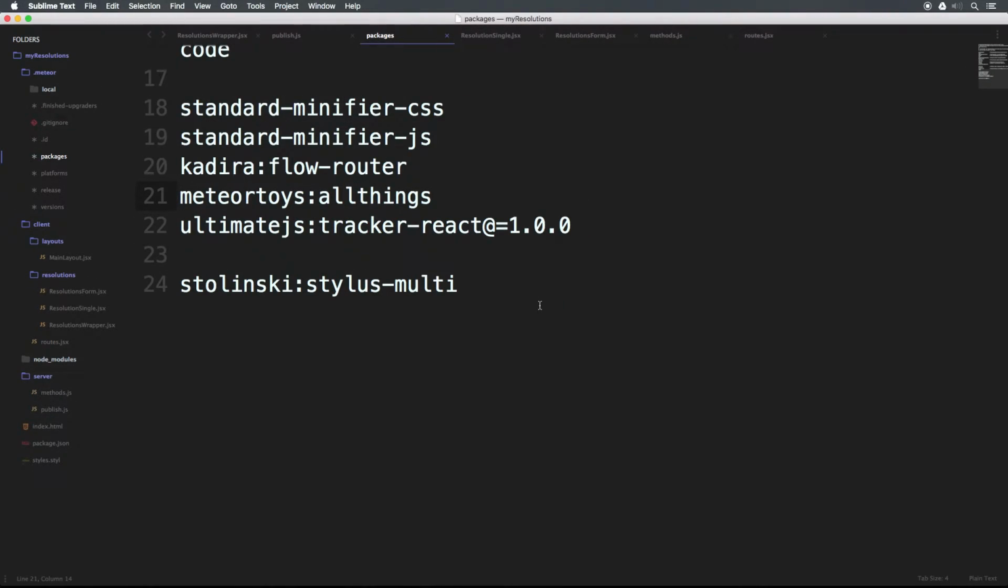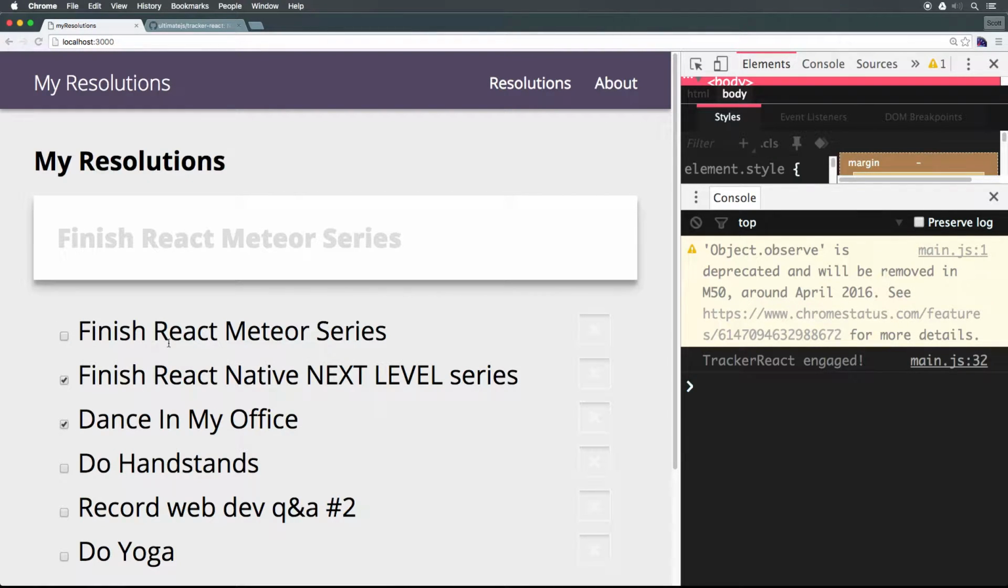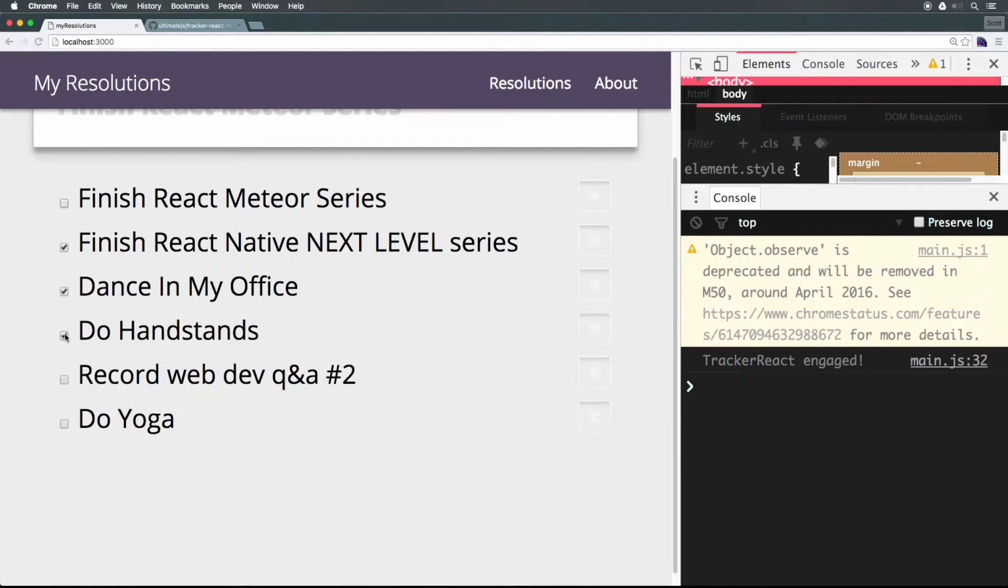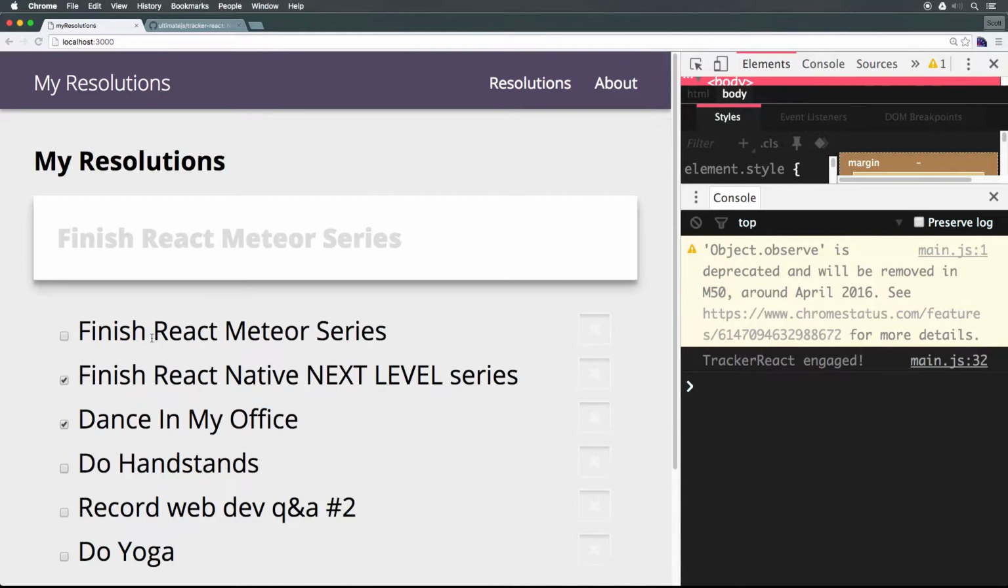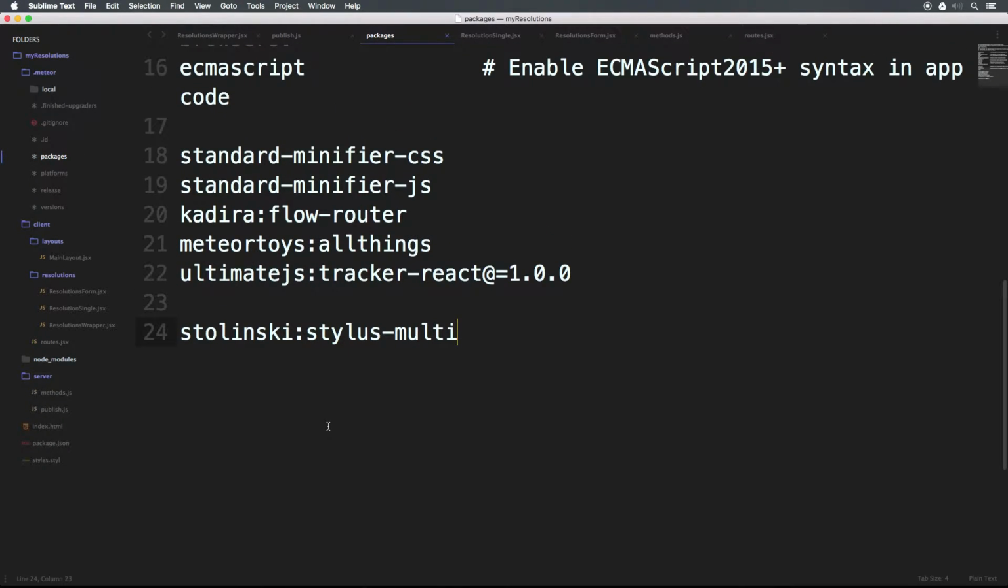Okay, so we have all of our stuff in here, but I mentioned before, I want to make sure that each of these is tied to a specific user, so you can't actually create a resolution without being a user, right? So let's go ahead and talk about the user accounts package. Now, the user accounts package is awesome with Meteor. So if we head to Sublime Text and let's just head to our packages, let's go ahead and add a